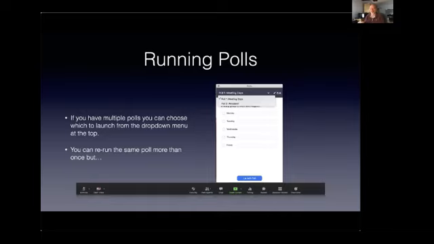Now, one thing which is maybe a bit peculiar to running something like an AGM for a U3A is that you're likely to have some members who are cohabiting. If they're both logged into the AGM on the same device, then when you take a vote, it's only going to record one vote for a couple.